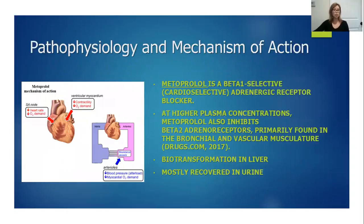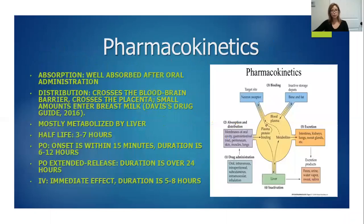At high plasma concentration, it inhibits beta-2 adrenoreceptors, primarily found in the bronchial and vascular musculature. It is biotransformed in the liver and mostly excreted through the urine. It is well absorbed after oral administration and crosses the blood-brain barrier and the placenta, and small amounts can enter breast milk. So it is important to consult a physician if you are pregnant when taking metoprolol. It is mostly metabolized by the liver, and the half-life is 3 to 7 hours. If you take it PO, the onset is within 15 minutes, and it lasts between 6 to 12 hours. The extended release form lasts over 24 hours, and the IV has an immediate effect, and the duration is 5 to